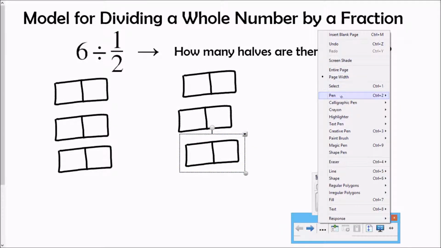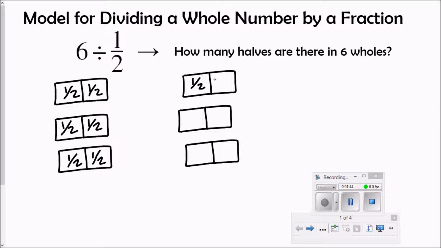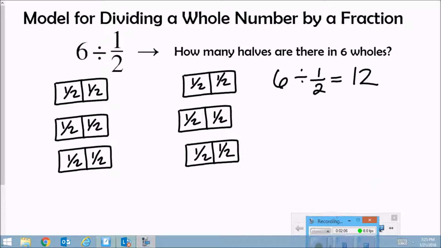Now what I'm going to do is go through and just count those halves. So there's 1, 2, 3, 4, 5, 6, 7, 8, 9, 10, 11, 12. So the answer to 6 divided by 1/2 equals 12. Now, most people learn the rule of same inverse reciprocal, or the more friendly way to remember that